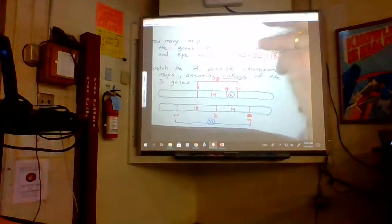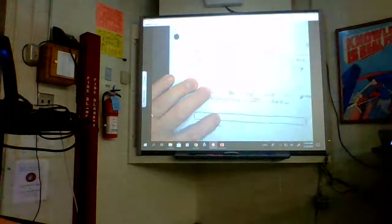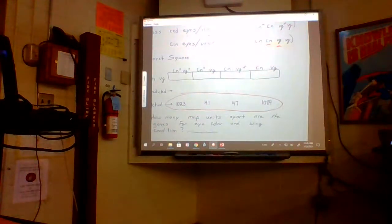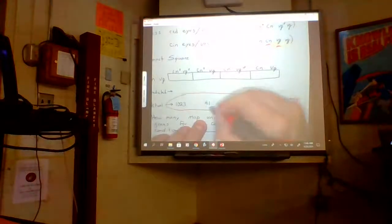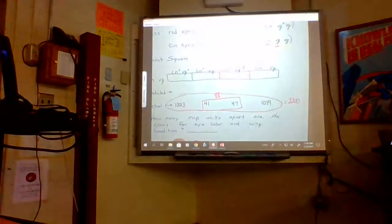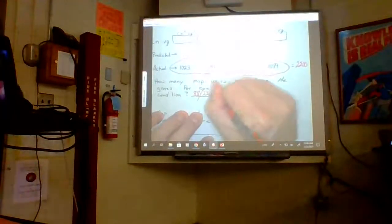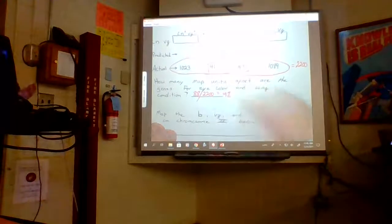And luckily for us, we have more data on the next page, because we have some data right here that will tell us the distance between the CN gene and the VG gene. And you know how to do it. Add up the total. 2,200 this time. Add up your recombinant types, which works out to be 88. Divided by 2,200 is 4%, or 4 map units,